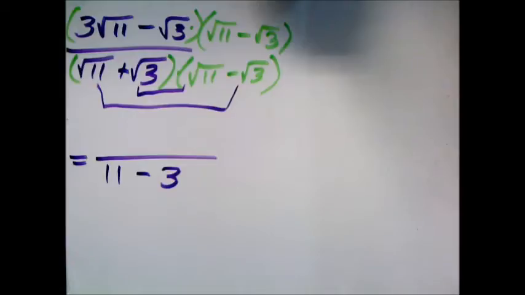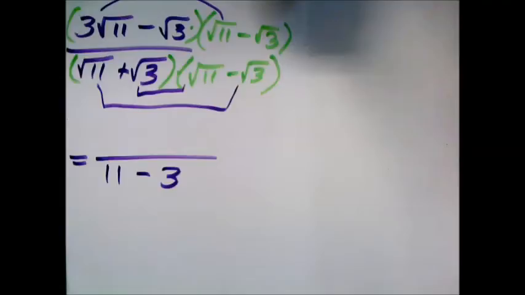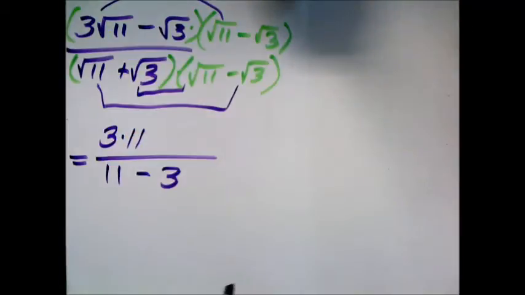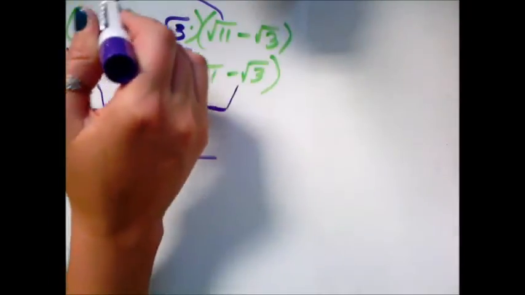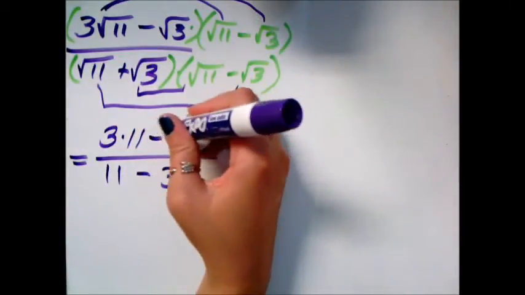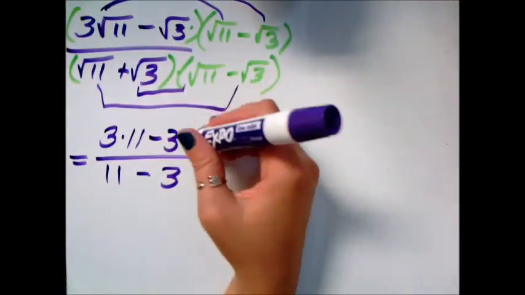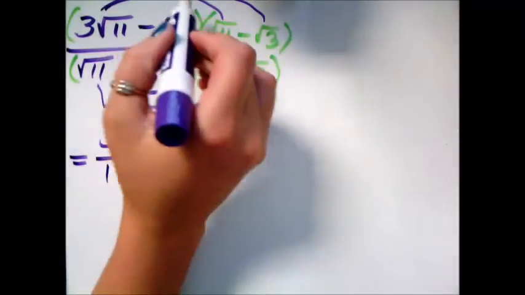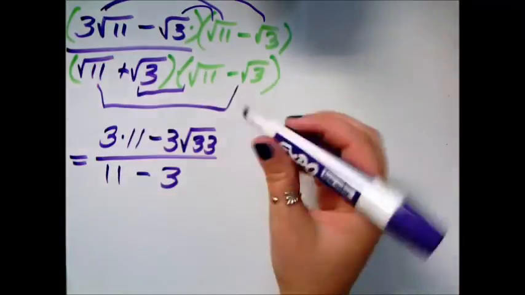And then on the top, I'll have to FOIL everything. Top I'll be a little more careful of because not so much stuff's going to cancel, so I have to do all my parts of FOIL. So 3 times 1, my front number is 3, and then square root of 11 times square root of 11 is 11. And now my outside term is 3 times negative 1 outside of that one, so negative 3. And square root of 11 times square root of 3 is square root of 33 because they're both under roots, so we can combine them. And then my inside term is negative square root of 33